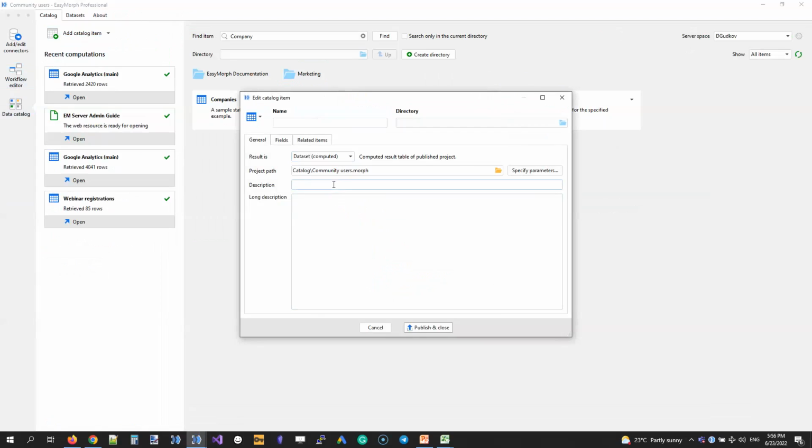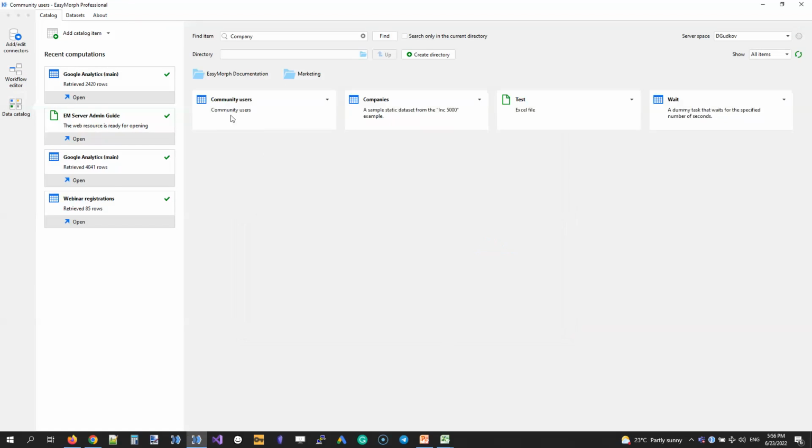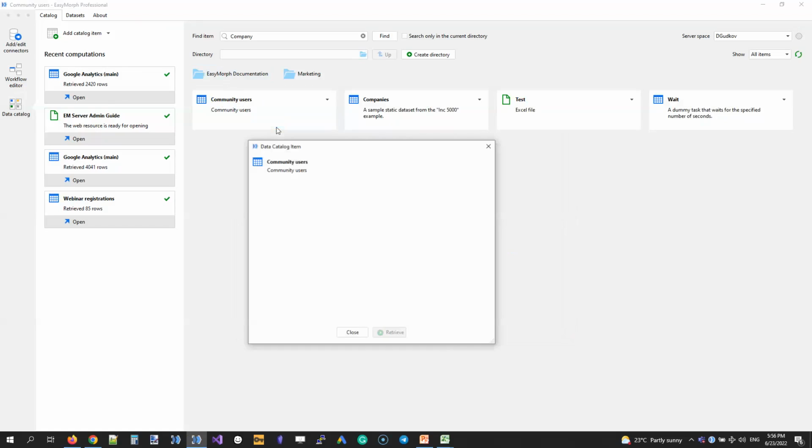And we can call it also community users. Oh, that's the name. Here we go. Okay, now I can retrieve community users through the catalog.